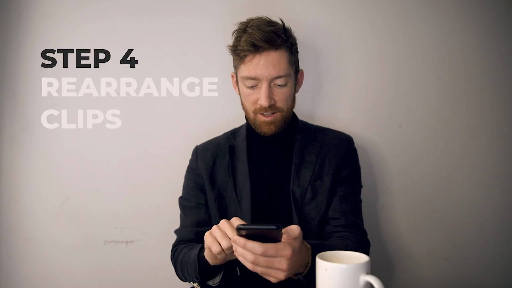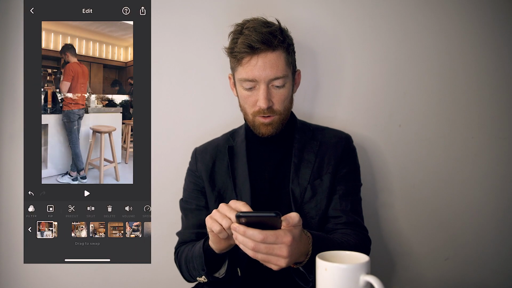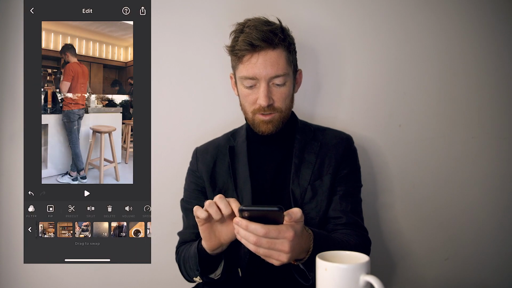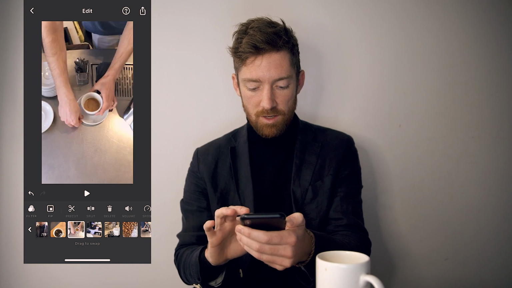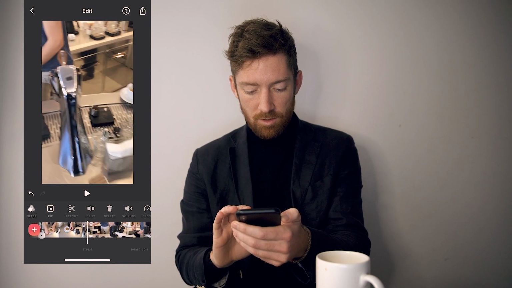Now that leads us to step four. Start rearranging the clips. And so you can, in this case, in InShot, you can hold pressed and you get to see a little square thumbnail of all the different clips, and you can drag those around a little bit as well. So what we're gonna do is try to rearrange it in the way that you want to present